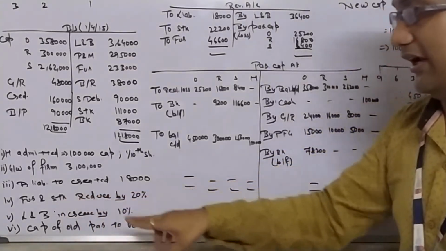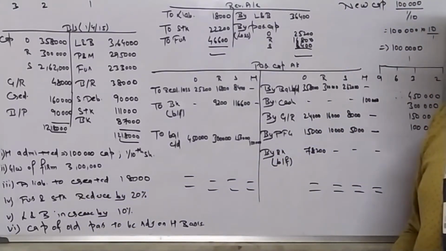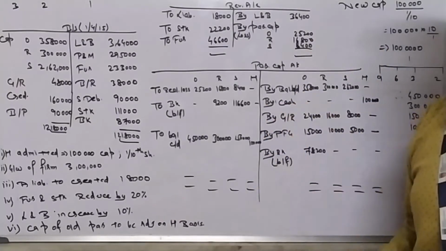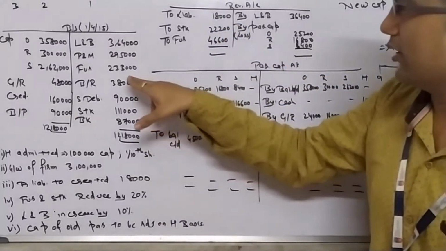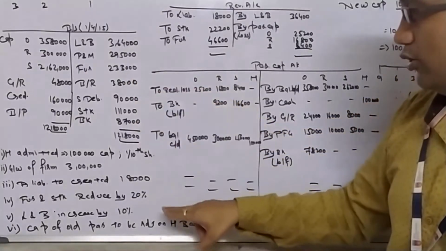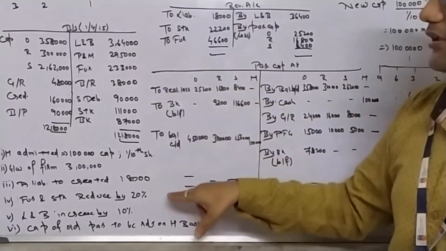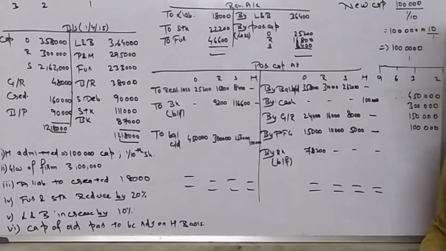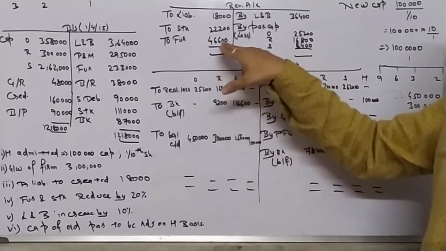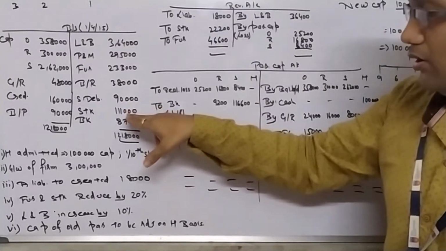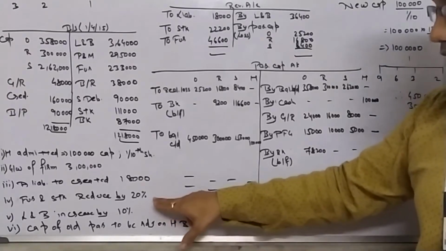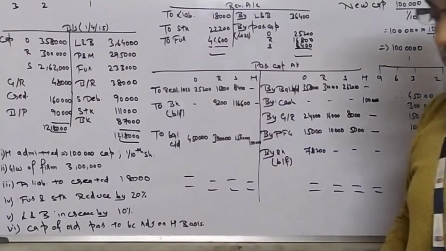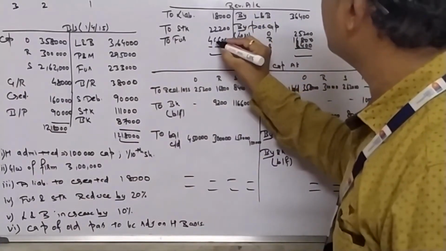Second, furniture and stock to be reduced. So revaluation account debit to furniture, to stock. I have written to furniture, to stock. The value of furniture is 2,33,000 and needs to be reduced by 20%. That figure comes to 46,600. Stock is 1,11,000, and 20% comes to 22,200. I have written that figure also.